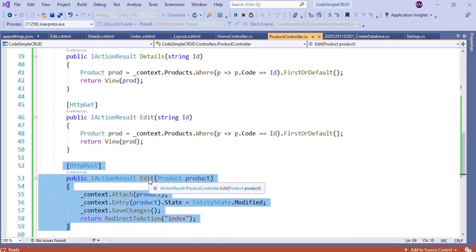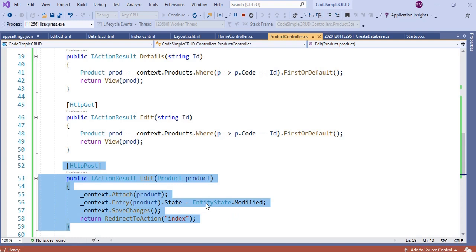I have created the another edit method with POST verb. In this, we will receive the edited model from the edit form through the product parameter. Then we will attach the received product model to the DB contacts by calling the _contacts.Attach of the product. Then we have to inform the EF core that the entity is modified.